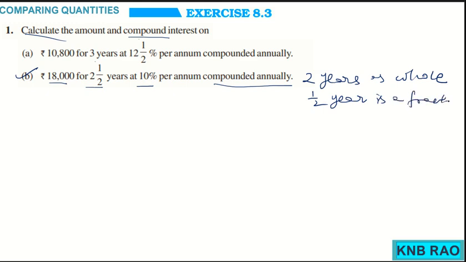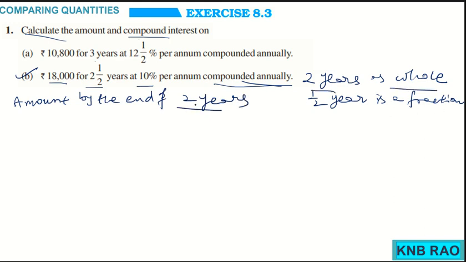So, when we have such compounded annually and this fraction part of the years as time period, then we will find the amount by the end of 2 years. How has that 2 years come? Because of the whole. By the end of 2 years, we will find